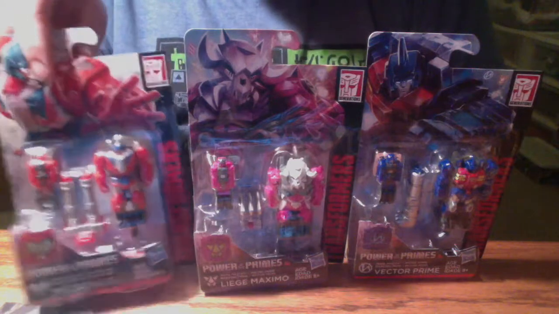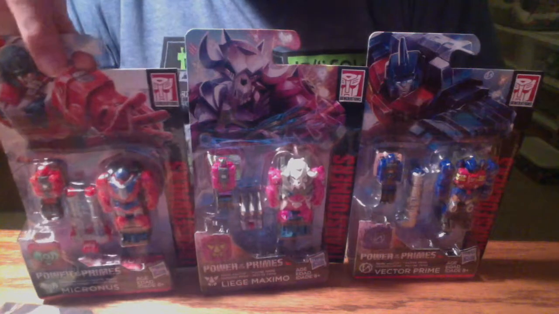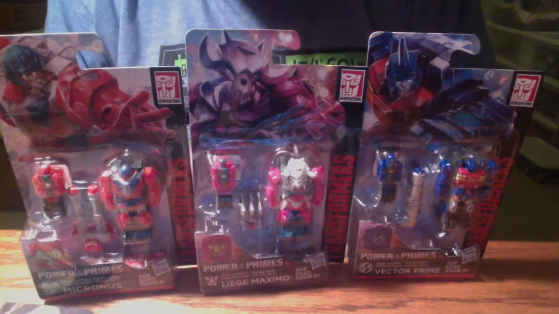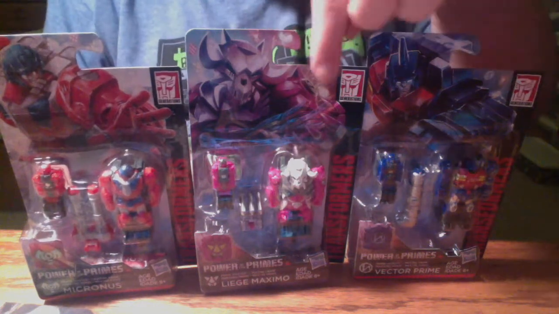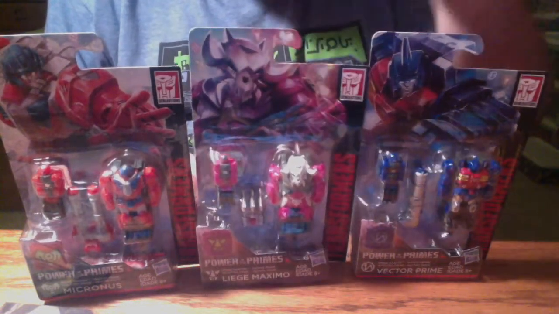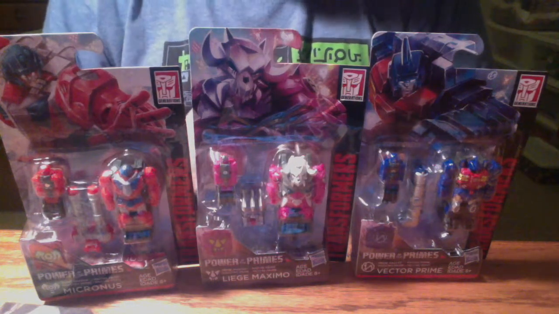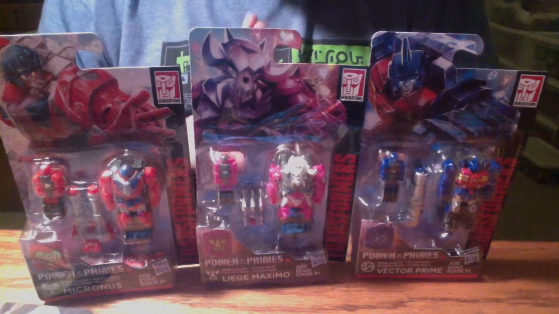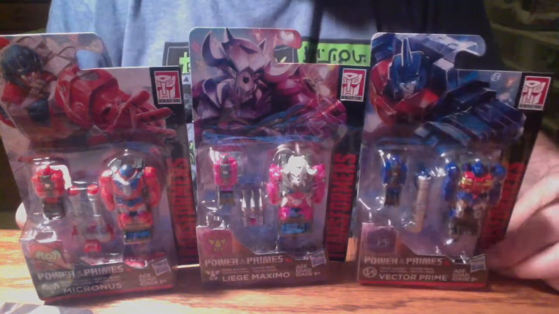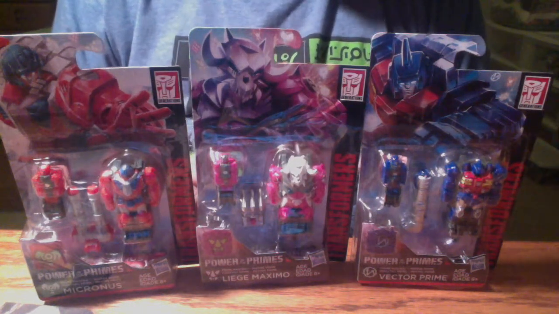On the left, Micronus Prime, aka the Prime of Minicons, whose power is Power Swap, wearing a Cloudburst Decoy Armor. In the middle, we have Liege Maximo, the Loki of the primes. His power is Trickster, wearing Skull Grin Decoy Armor. And on the far right we have Vector Prime, basically the time traveler of the primes, wearing the Metal Hawk